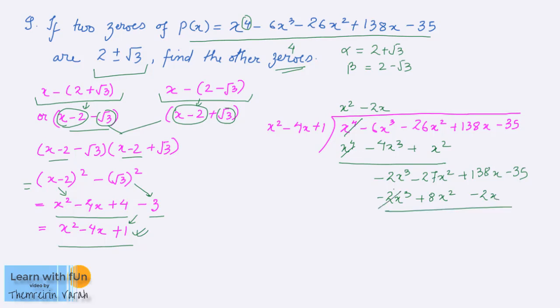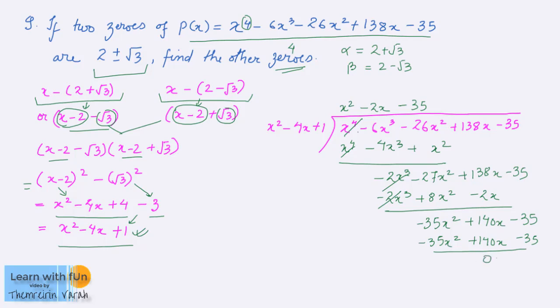Subtract, we get 0 and minus 27 minus 8 is minus 35x square, and plus 140x minus 35. Minus 35 times multiply, minus 35x square. Minus 35 into minus 4x gives you plus 140x, minus 35 into 1 is minus 35, so remainder is